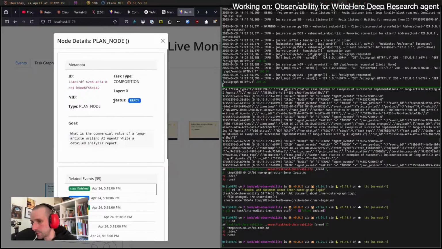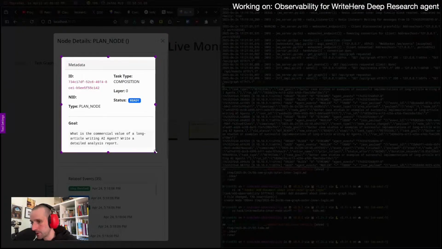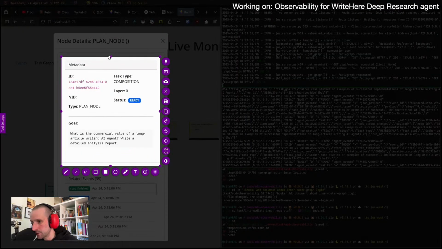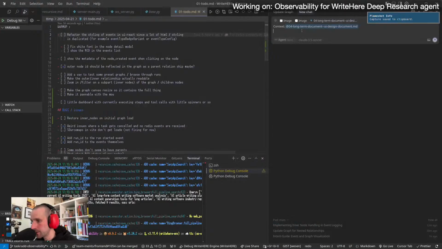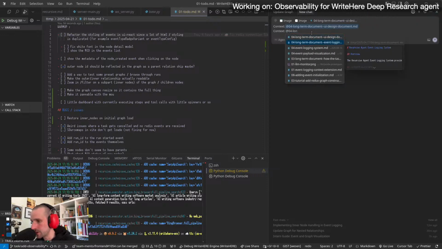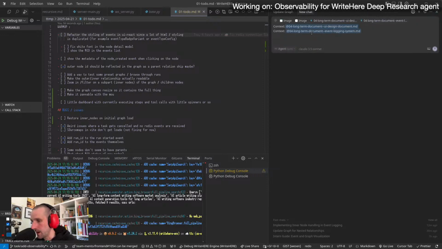And then I'm going to show the node details for the plan node. I'm going to add this here. Context is also the long-term document about the event logging system, and say I want the relevant parts of the